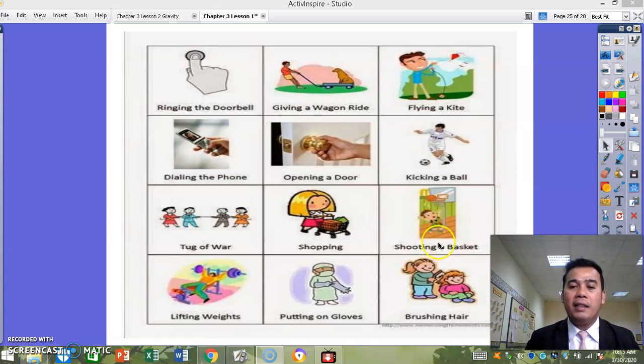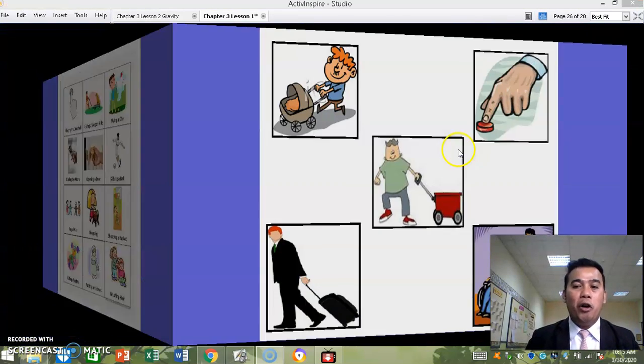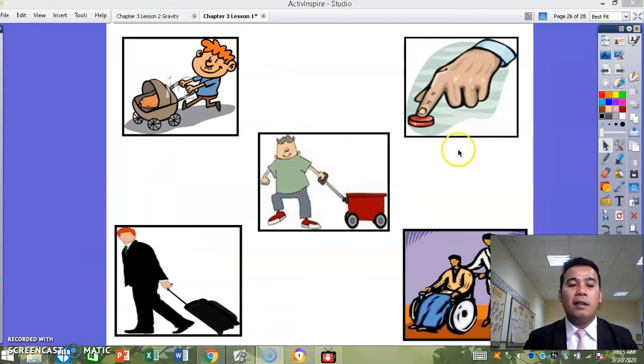Shooting a basket, is it push or pull? Lifting weights, push or pull? Putting on gloves, push or pull? Brushing hair, push or pull? So identify the following illustrations, whether it is a push or a pull. So I hope you get our